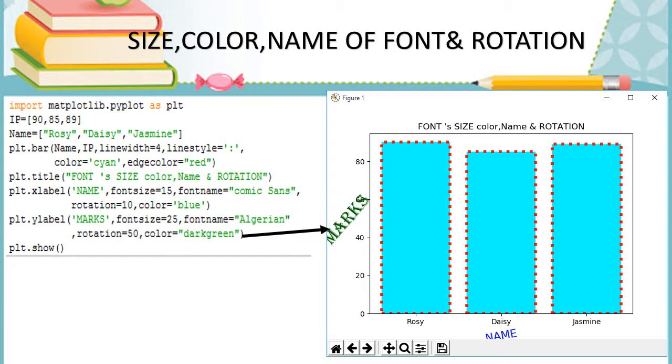And for rotation, we can rotate the text direction using rotation. Any value can be given, and according to the value the text will be rotated. Dark green has come. And likewise for the xlabel also, I set the font size as 15, but the font name is Comic Sans, and rotation I have given 10, and the text color is blue.